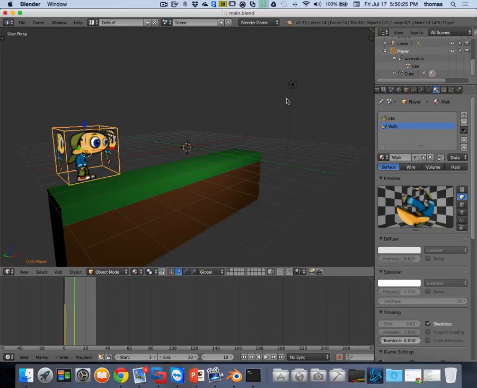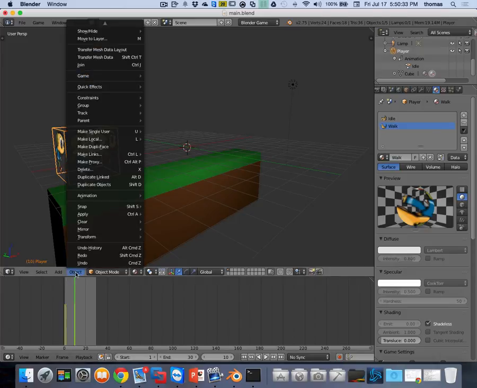But this is the right idea, but it's not the right thing that we want to do. So let's do a couple things. First of all, we're going to clear our keyframes. We're going to do this again so I can show you what to do. So first we're going to go into